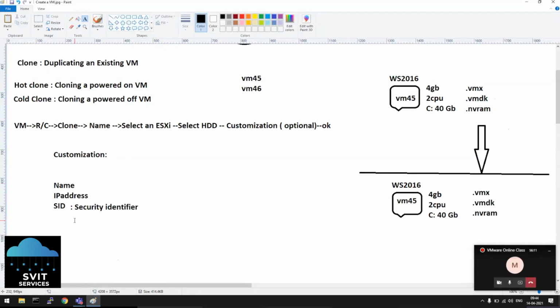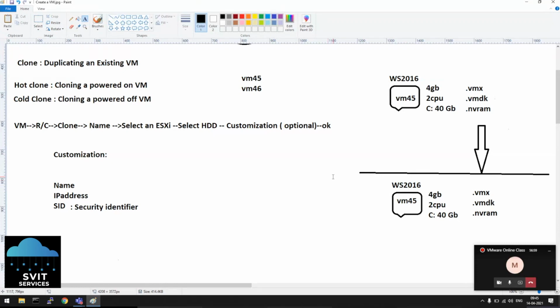Okay, fine. Any question here? Sir, do we copy along with the OS, or without OS? Yeah, along with OS also. The OS will be inside that VMDK. When you are cloning, that VMDK is copy pasted with everything, so the OS also will be copied. We don't need to install the OS again because it copies everything as it is: OS, data, and any applications you have installed.